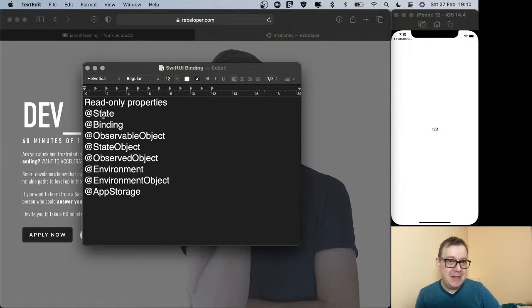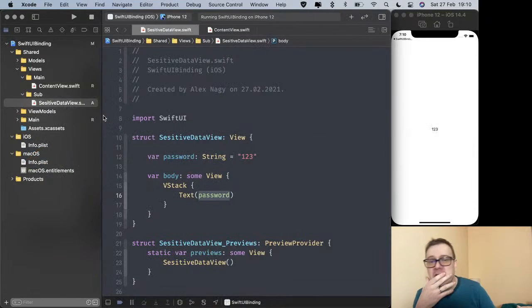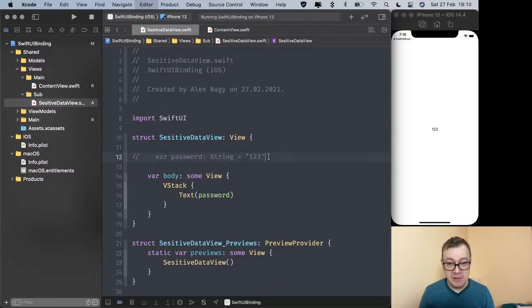So let's move forward to our text edit. Let's talk about State. This property wrapper. What is actually @State? Now, if I would try to change the password, well, we are in a struct and we actually cannot change it because this is a read-only property. But of course, there's a way to change our password, and that is to wrap it around a